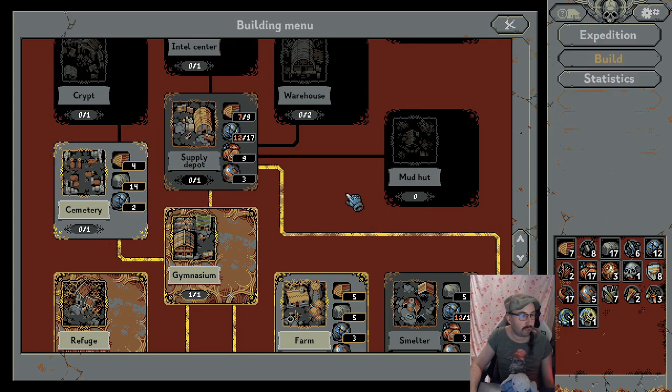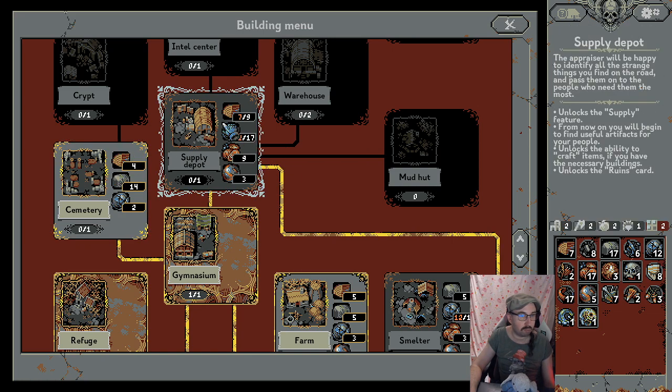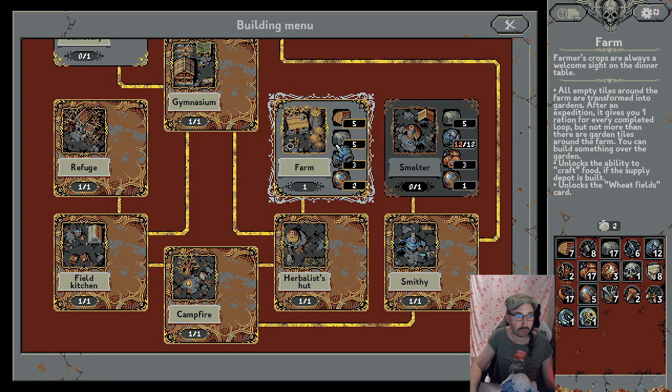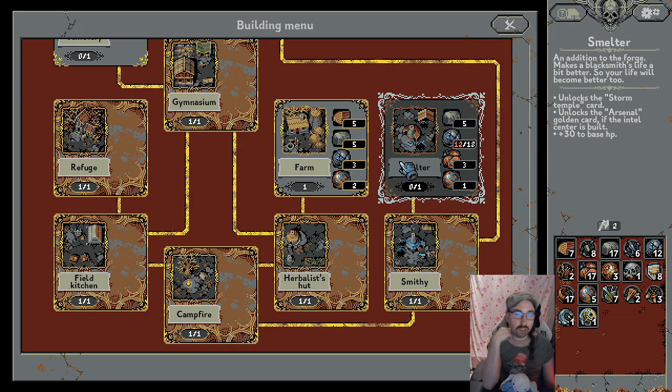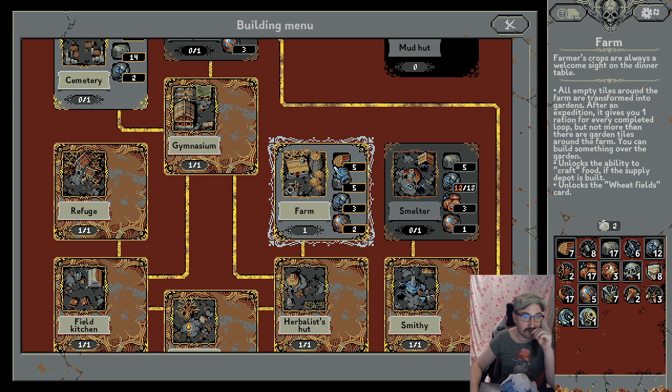We could build a cemetery now, but I think I want to save up for the supply depot. We don't use up a lot of metal, which is the main missing ingredient for the supply depot, but still. Smelter, we unlock that as well. In addition to the forge, makes a blacksmith's life a bit better. So your life will become better too. Plus 32 base HP and unlocks the Storm Temple card. Unlocks the Arsenal Golden card if the Intel Center is built. So the Intel Center also